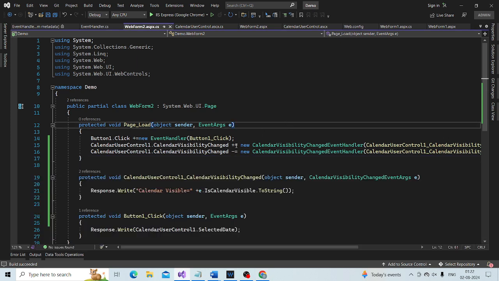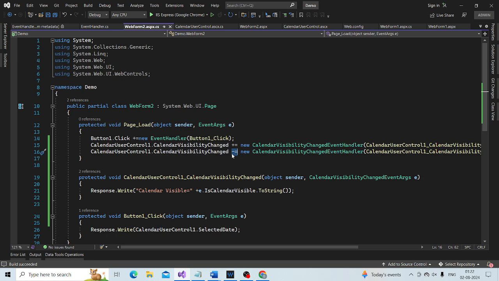Because you registered it using plus equal and unregistered that using minus equal. That is the reason.